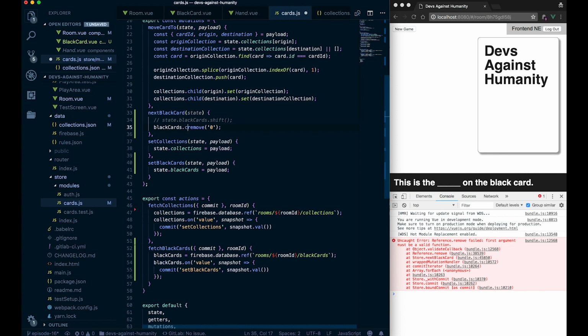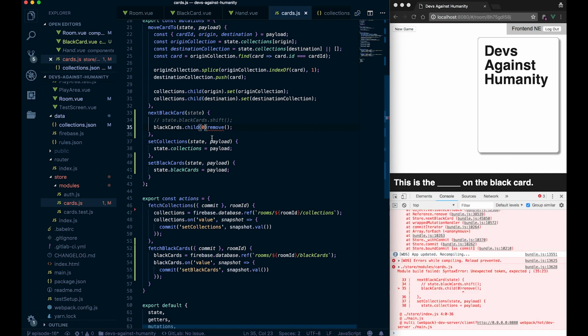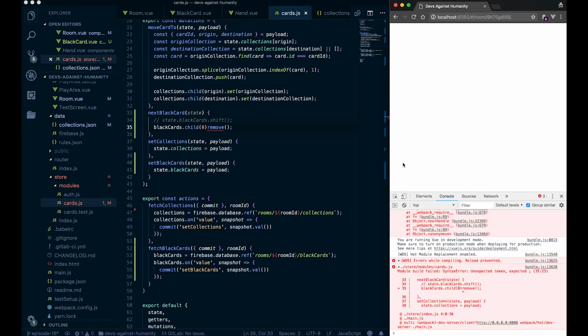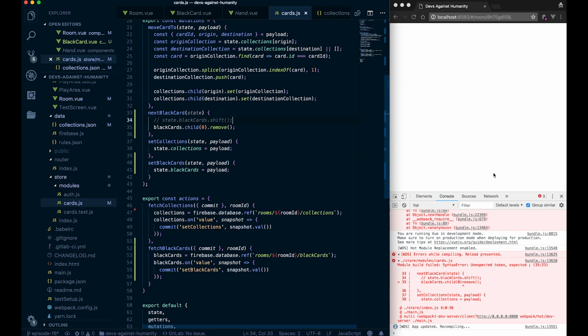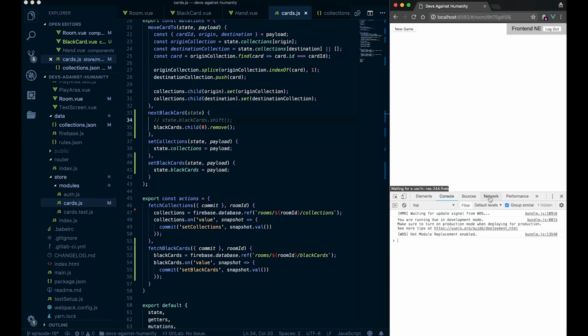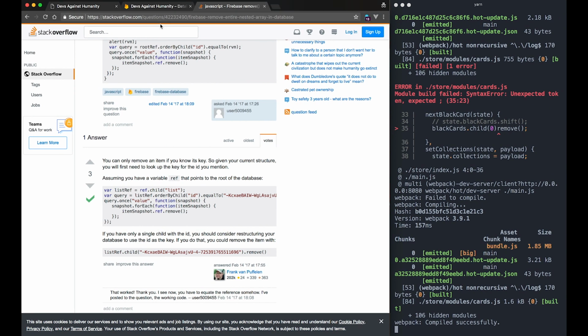Dot child 0. Ooh. What's going on here? 0 dot remove. Don't know if that needs to. Let's try it with an integer. And let's refresh that. Oh, dot remove. See where we're at. Okay. It worked, but